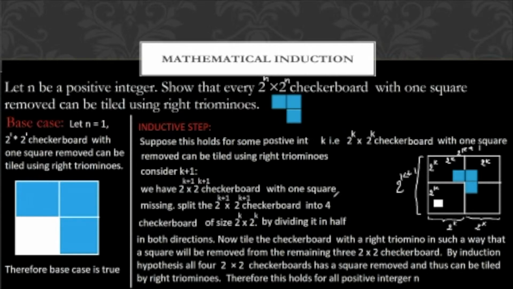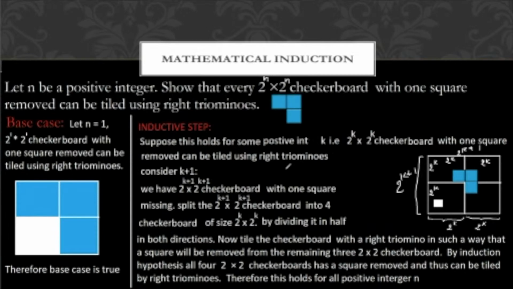Okay, so one may ask, how am I going to show that a 2^(k+1) by 2^(k+1) checkerboard can be tiled with one square removed? Remember, whenever I'm doing a proof by induction, I always want to use my inductive hypothesis. And in this case, what is my inductive hypothesis saying? That's right, it is saying that a 2^k by 2^k